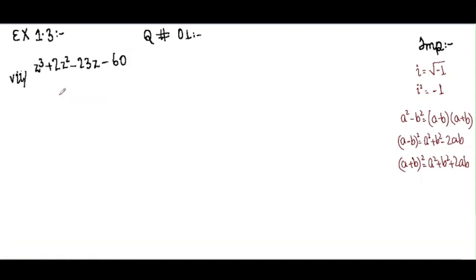In part number 6, we have used synthetic division to find one of the roots, but there is one more way to find the roots. Synthetic division is a bit long process. To make it shorter, we just use a simple technique to find what number can be a root of the given polynomial. So first of all, we just write it as z equals 1. Just suppose that z equals 1.